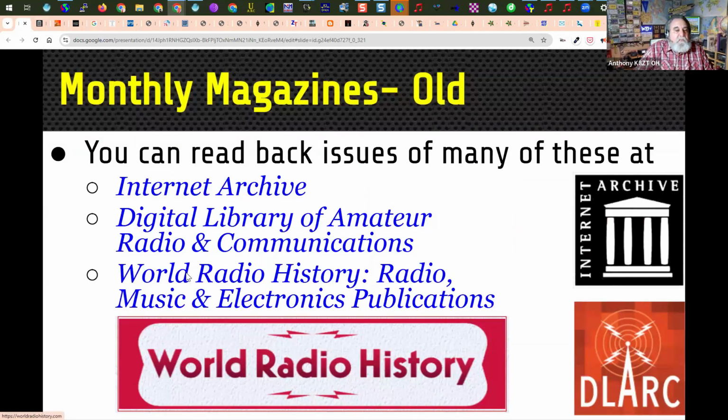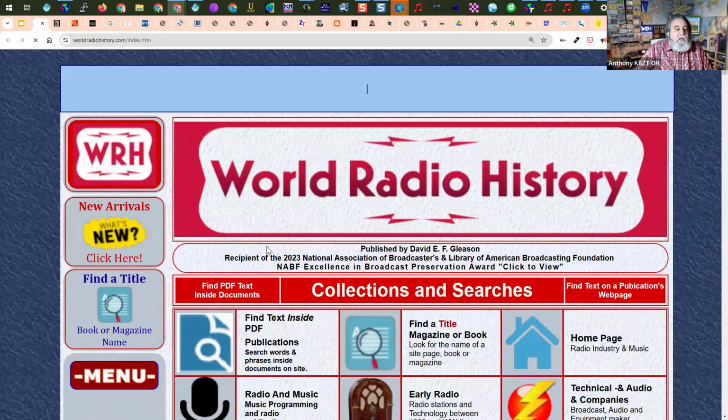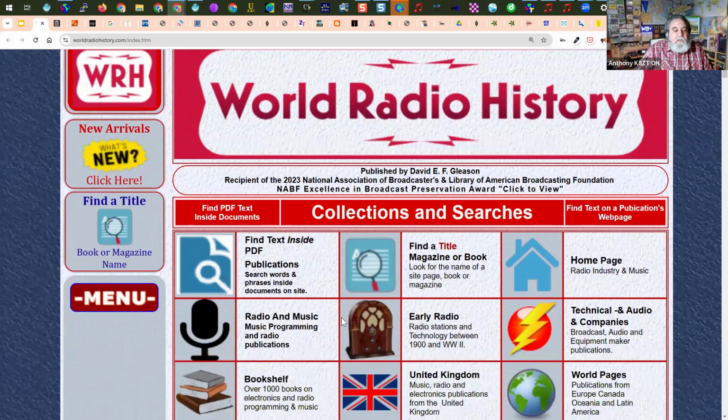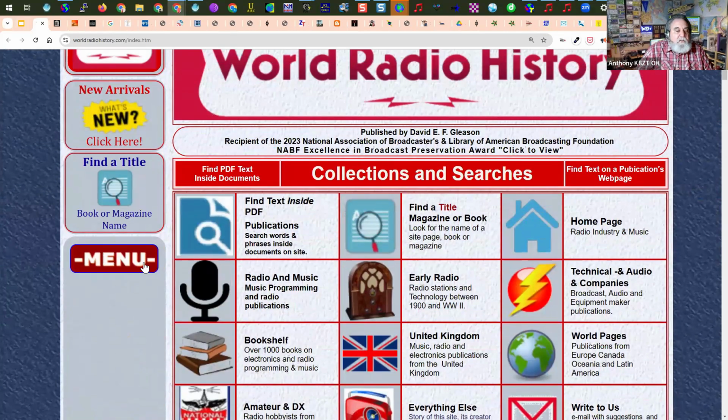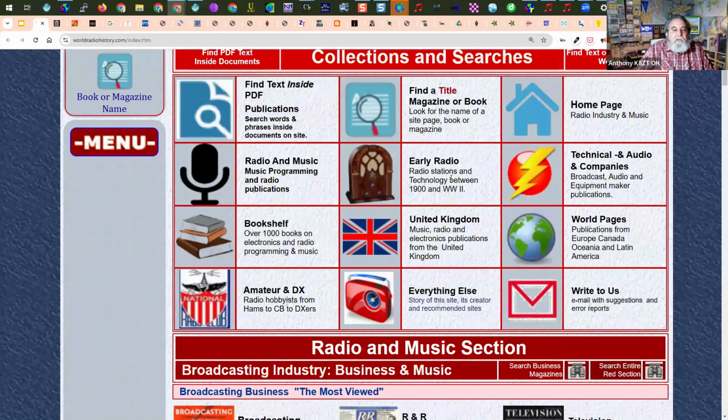The World Radio History, Music, and Electronics publication isn't specifically for amateur radio, and it isn't even just for radio. It also does music. So if you're into early radio, early music, world music, etc., there's a number of different ones. There's a menu on the side here which takes forever to load. It should load hopefully in a few minutes. But you can go to these and find,